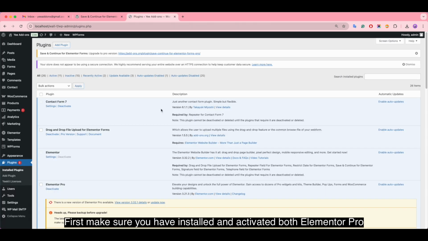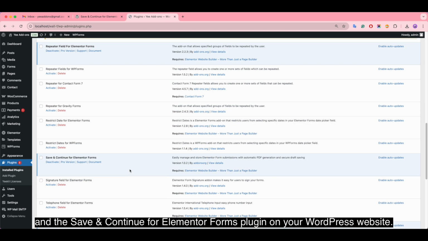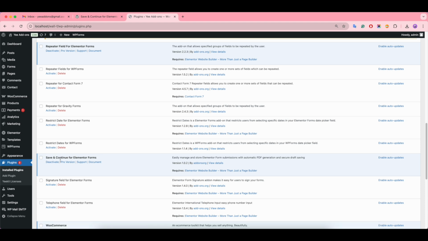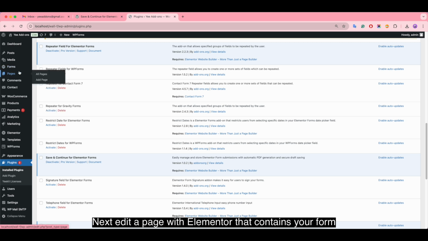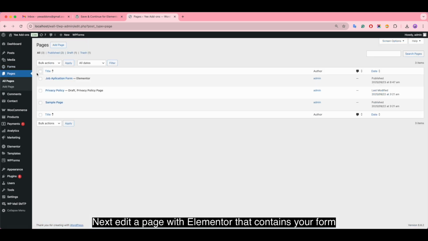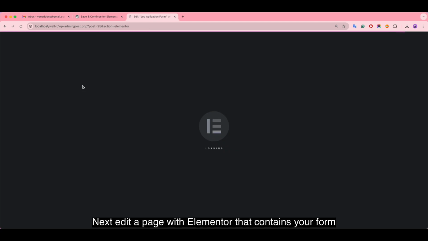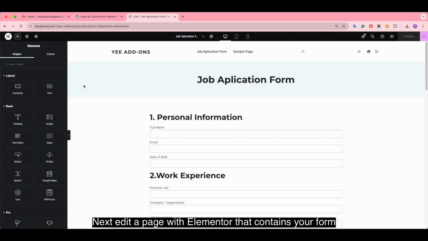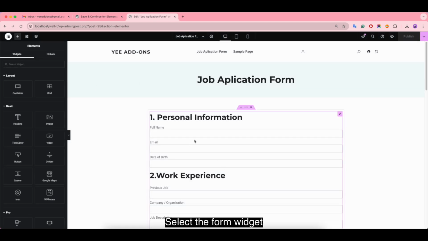First, make sure you have installed and activated both Elementor Pro and the Save and Continue for Elementor Forms plugin on your WordPress website. Next, edit a page with Elementor that contains your form. Select the form widget.